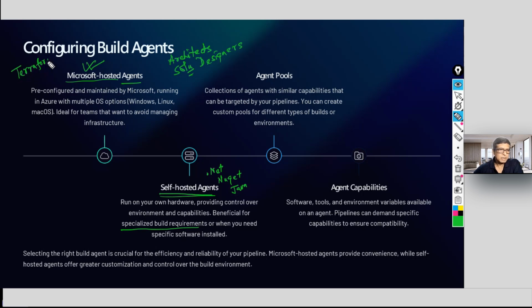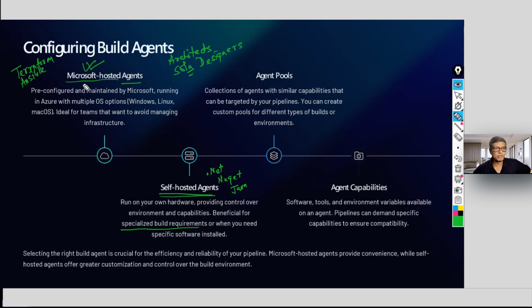It is there as a service already installed within the Microsoft hosted. You do not need to install Terraform. You do not need to install Ansible. You just have to have a service connection to this particular service or software with the pipeline. That's all. Are you getting me?